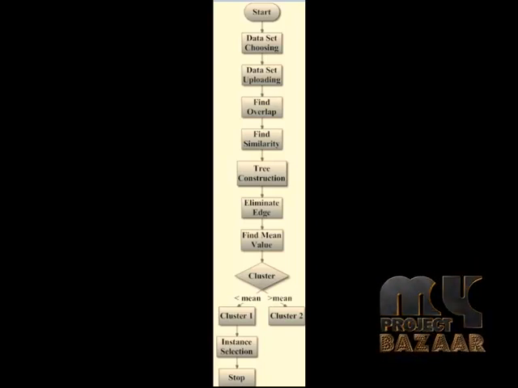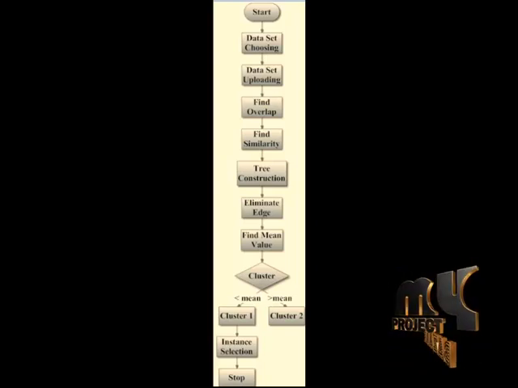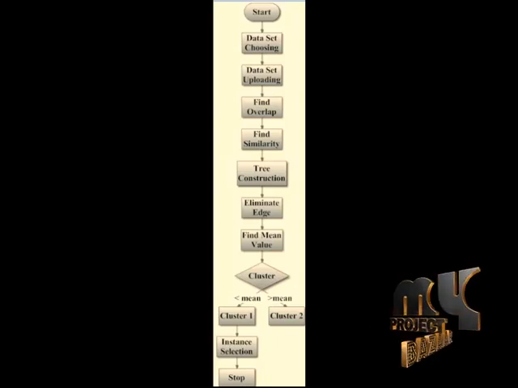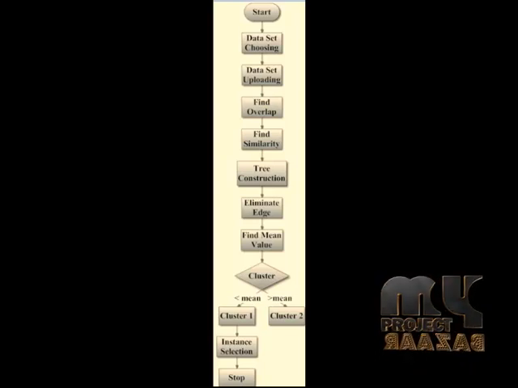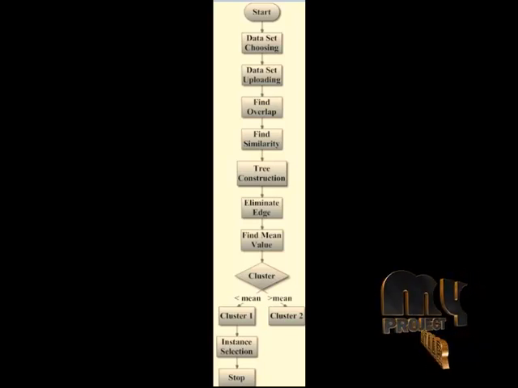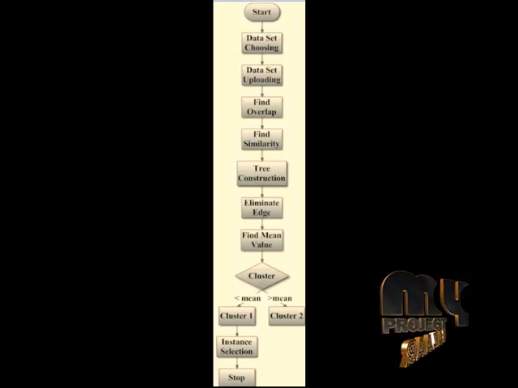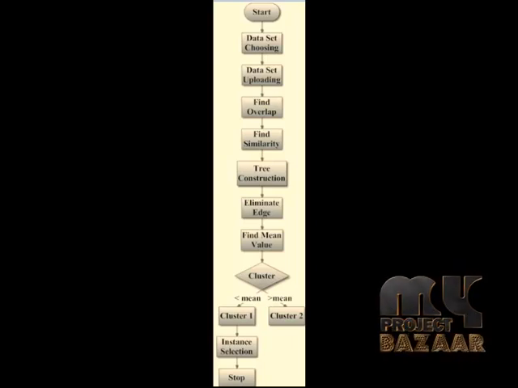The clustering process is divided into two parts, cluster 1 and cluster 2. Cluster 1 has the best values. Cluster 2 has the worst values. Cluster 1 is again checked for instance selection. The instance selection gives the best values for the dataset.